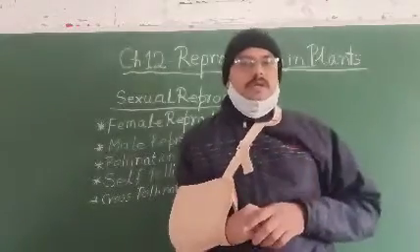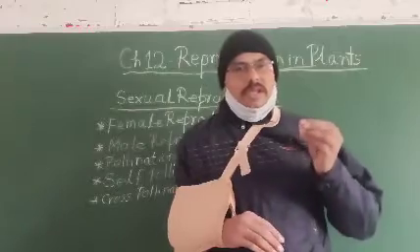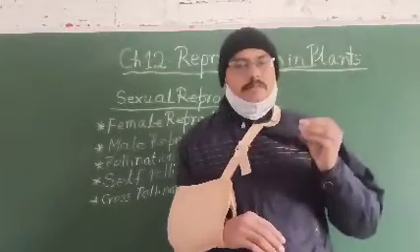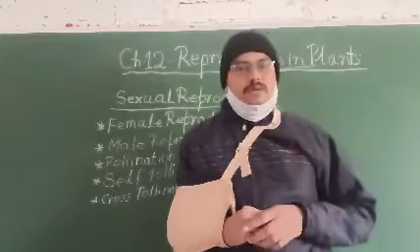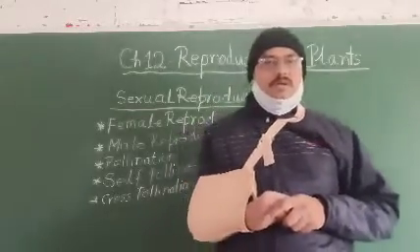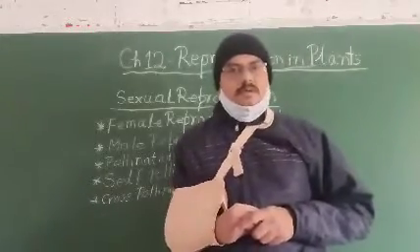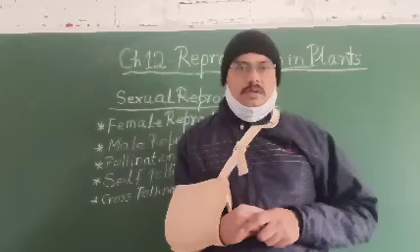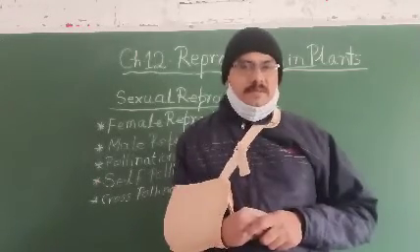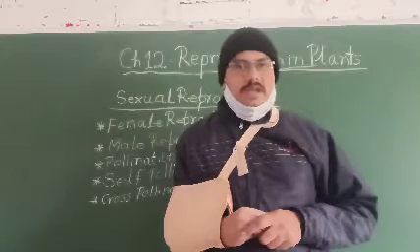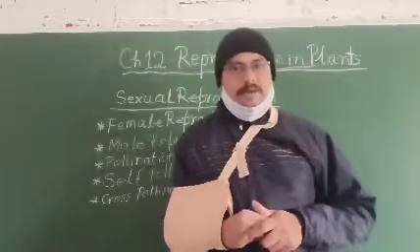The flower in which both the male and female gametes are present in an individual flower is called bisexual. And the flower in which only one gamete is present in an individual flower, either male gamete or female gamete,